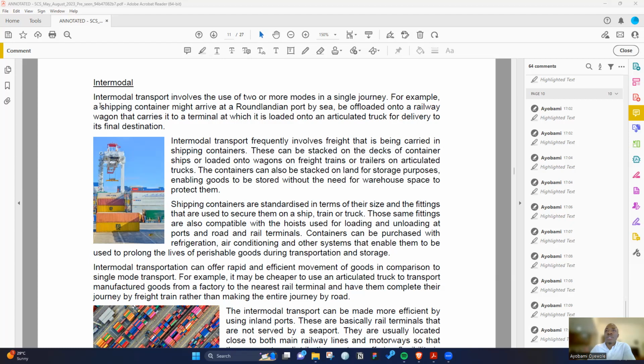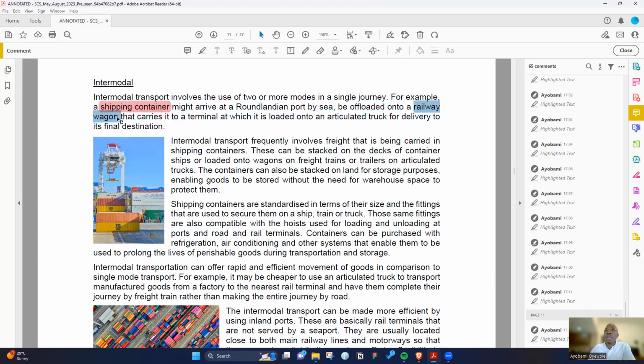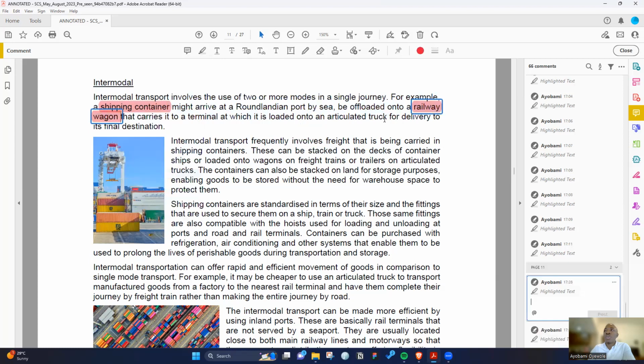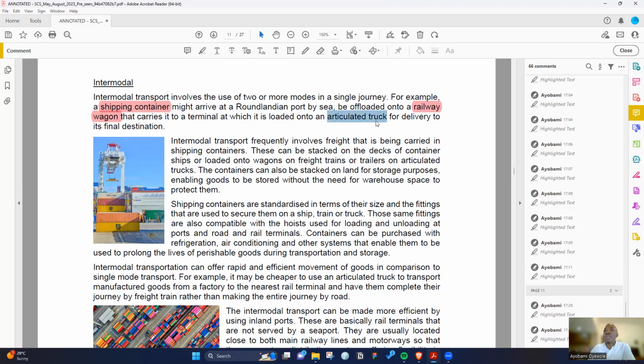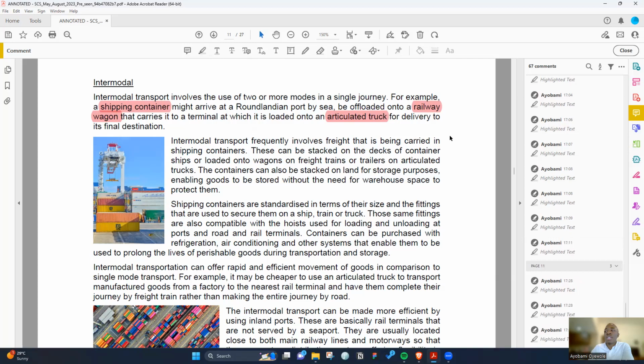So, first of all, a shipping container, and then you offload it into a railway wagon that will now take it to another articulated truck for delivery to its final destination. So this is not uncommon. In fact, this is the most common mode of transportation for large quantities or heavy-duty goods that are moved between